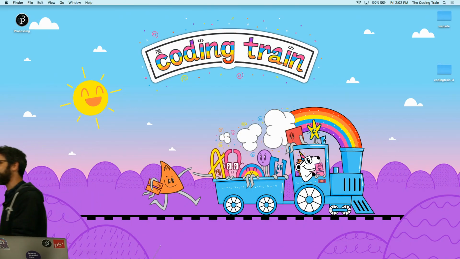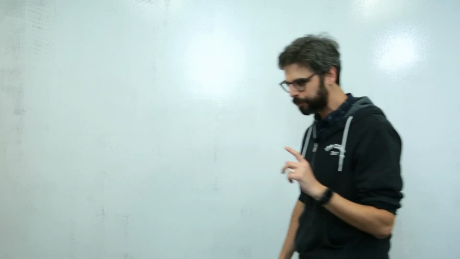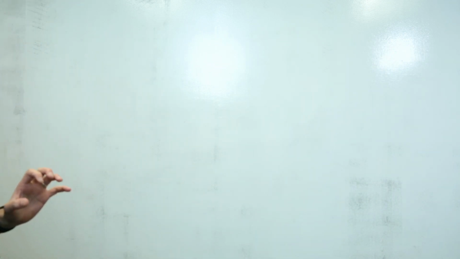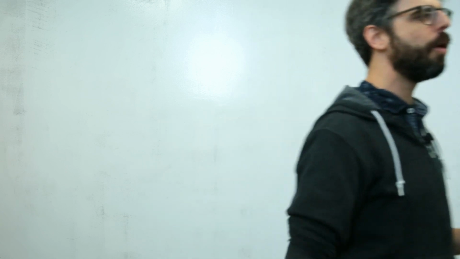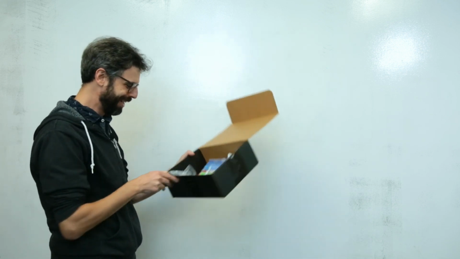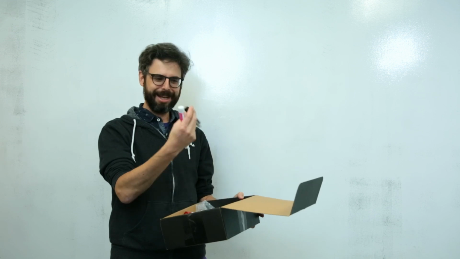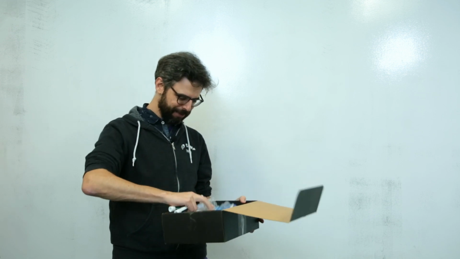And I'm going to use Processing for this. Although I think what I'm going to do, sorry, I'm looking for a marker. Am I over here? I'm going to use Processing for this, which is Java. And then as soon as I'm done, I know where my markers are. I did some cleanup in this room. And now I have a whole thing of markers. I've got pink and green and black and another black one and even some new ones.